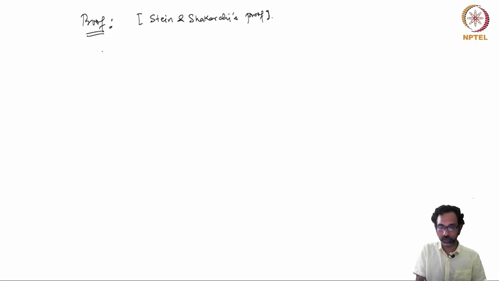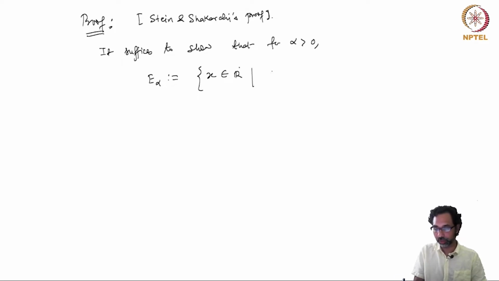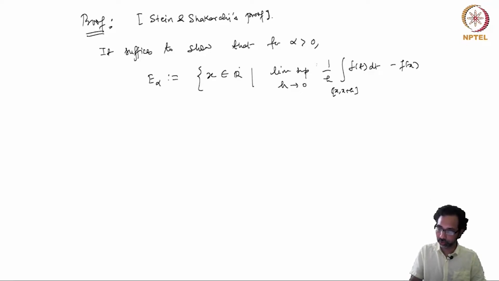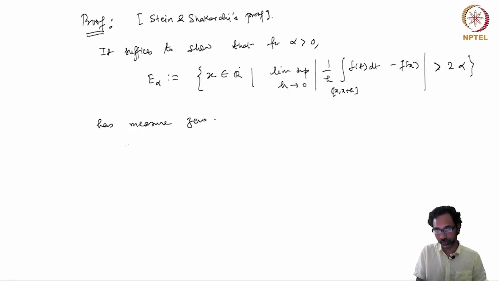So the first step is to note that it suffices to show that for any alpha greater than 0, the set E alpha defined as follows, the set of all x in R such that the lim sup as h goes to 0 of the modulus of 1 over h integral x to x plus h of f(t) dt minus f(x) is greater than 2 alpha, has measure 0, because this would imply that